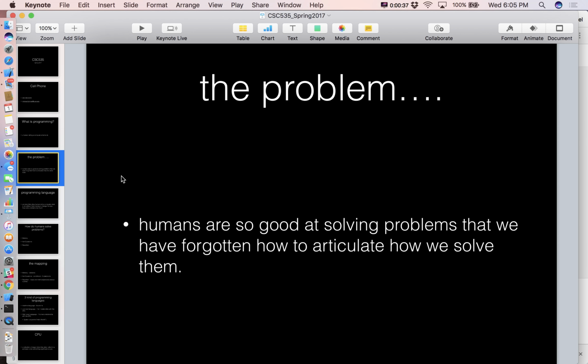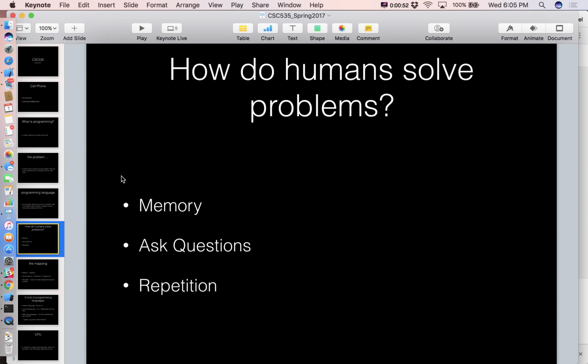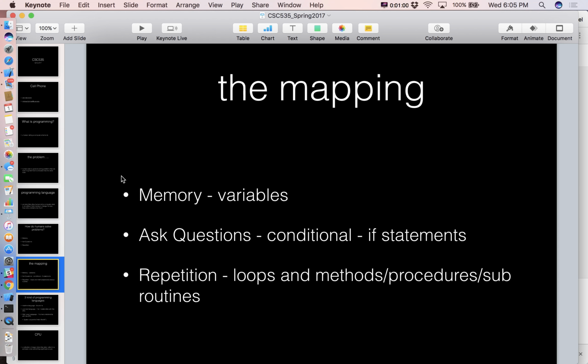All right, so the idea is that humans are so good at problem solving that we have difficulty articulating how we solve problems. So what's the job of a programming language? It's to give us some sort of tool that allows us to not have to change our ways too much, but still be able to talk to a computer. We talked about how human beings solve problems by using our memory, asking questions, and repetition. And we have this slide called the mapping, where every single computer programming language will have facilities for these three things. So memory is usually emulated through something called variables, asking questions through conditionals, repetition through loops and functions and